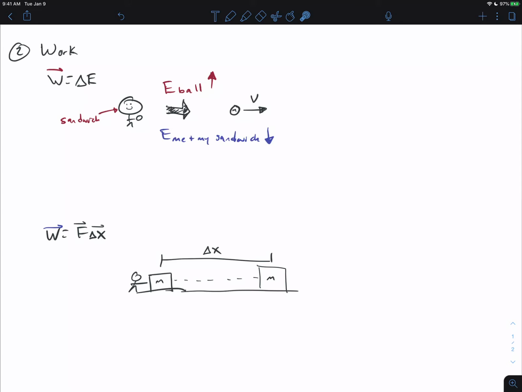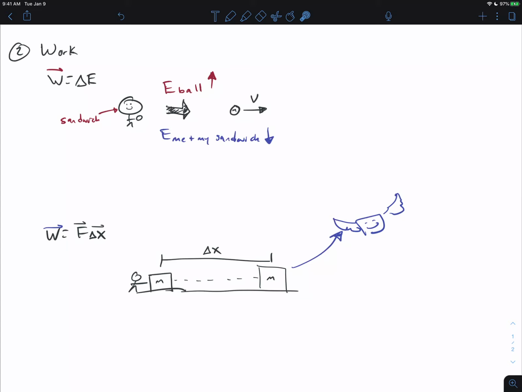So when we do this, there are some considerations that we need to make similar to the way we did for forces, right? When we said the sum of all of our forces results in acceleration, well, a bunch of things might be doing work at the same time. So when I push this box, let's say to the right, you notice that if you do this on a regular box, it doesn't end with this box having a bunch of kinetic energy, okay? And then this box taking off into the sky. Those are wings on our box. Okay, so our box doesn't suddenly have all this kinetic energy and keep moving on its own once we're done